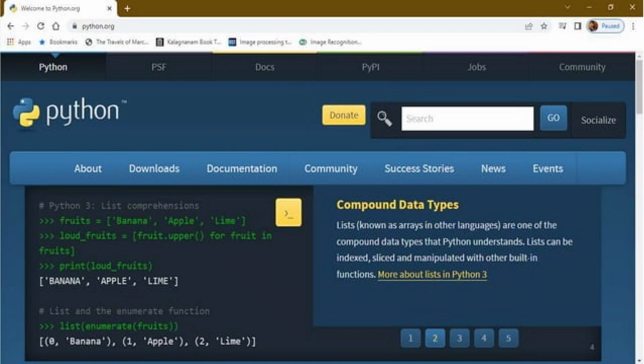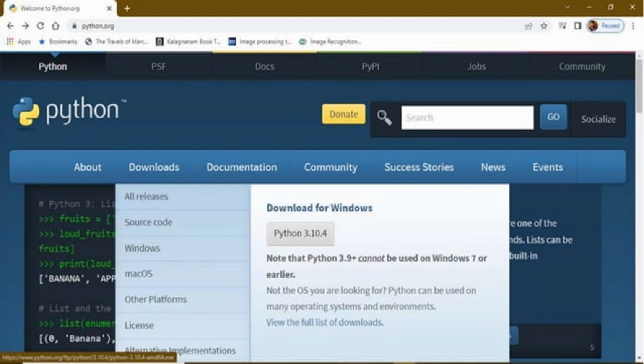So here you can see a screenshot of the Python website homepage. So this website is python.org. From this you can download Python for free. This is a screenshot of Python's website download section with a highlighted button to download the latest Python version